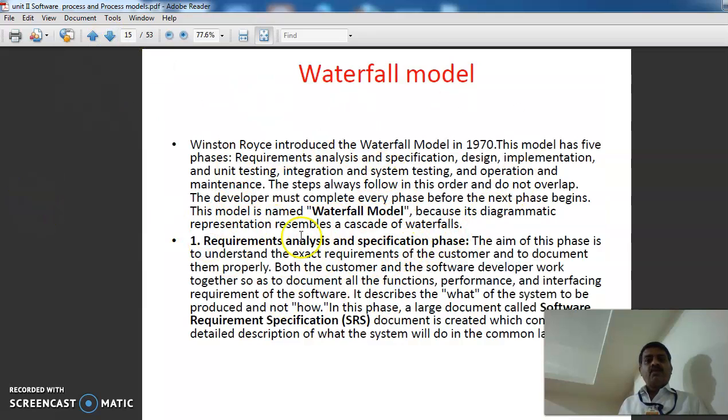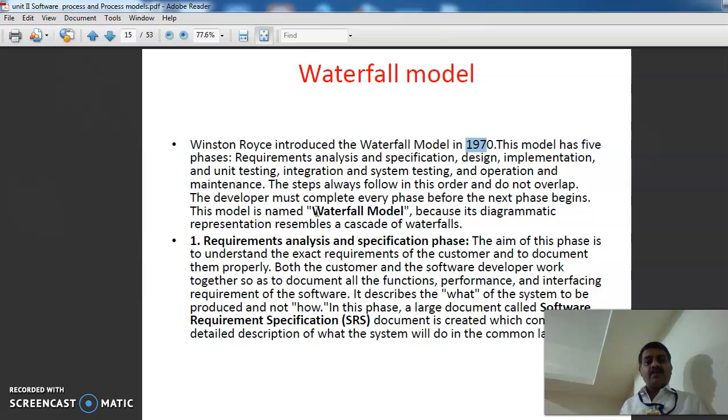The waterfall model was introduced generally in 1970. This model has 5 phases: requirement analysis and specification, design, implementation and unit testing, integration and system testing, and operation and maintenance.